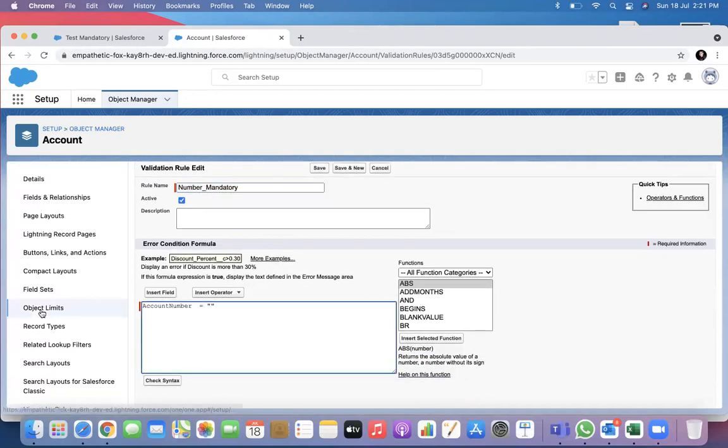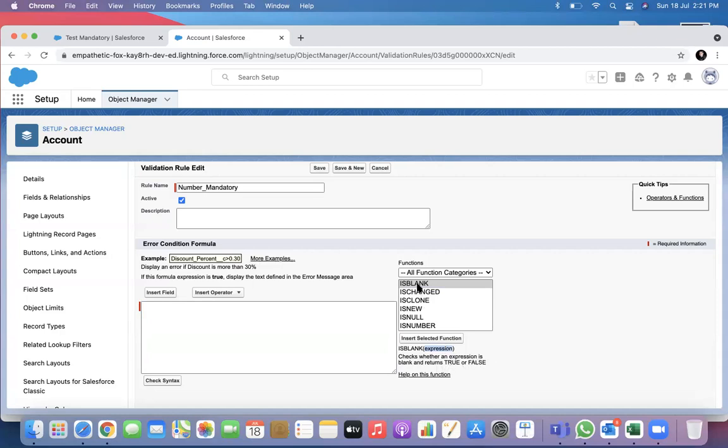In this case, I think we can use the IsBlank function. Yes, absolutely, you're right. There are many different kinds of functions. If you don't select anything, all the functions are shown. You can check what this is. IsBlank is an expression; in the expression, you can put anything. It checks whether an expression is blank and returns true or false.